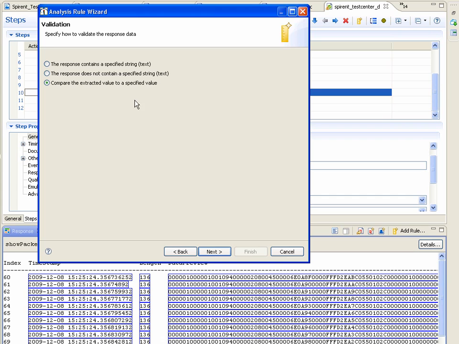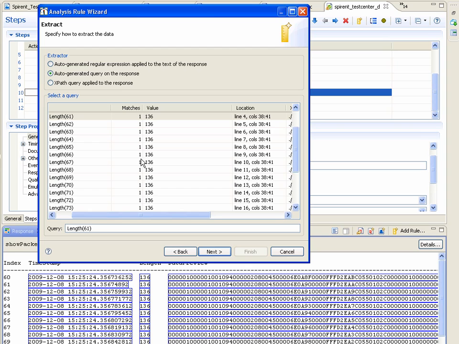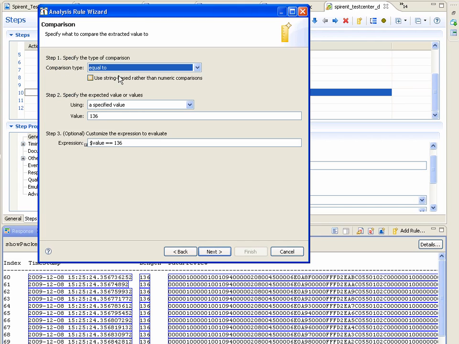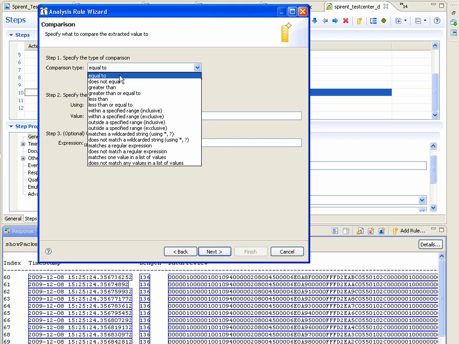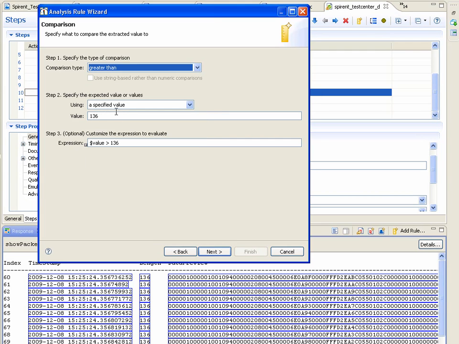And so as you can see that there are different options how you can compare the output of the response and how do you want to handle them. So I want to compare this particular value to a specified value, so I'll just select that and go ahead, and I wanted to select on the third value, and I want to make sure that this particular value is always greater than, say, 130. So this is the analysis rule that I want to add to my test case,